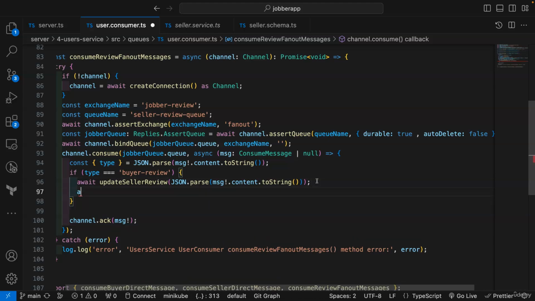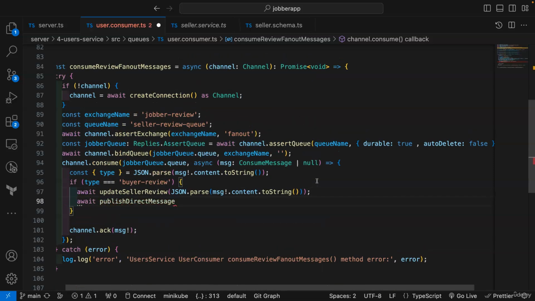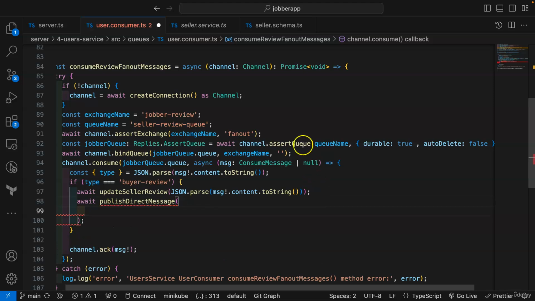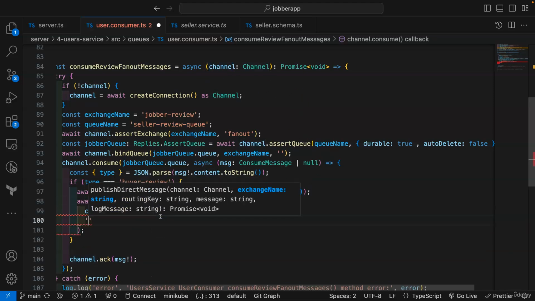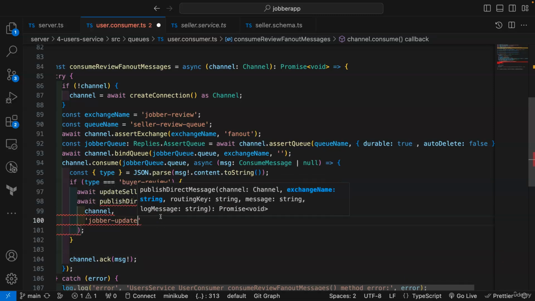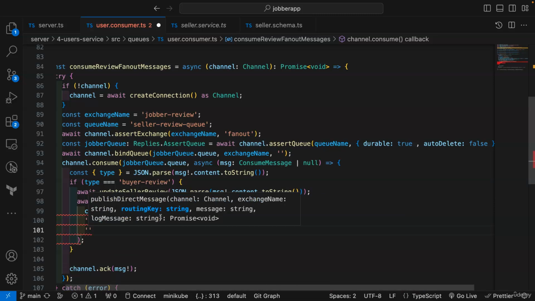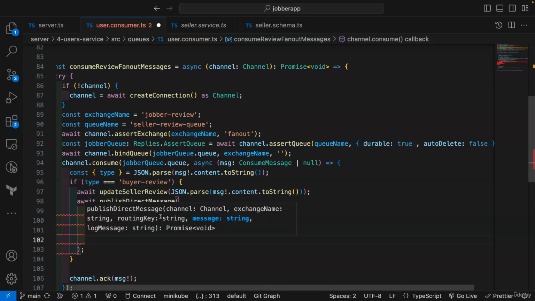Okay, so I'll say await publish. It's going to be a direct exchange. Okay, and here we are going to pass in the channel. Okay, and then the name of the exchange is going to be Jobber updates gig, and then the routing key is going to be updates gig. The message, I'll say